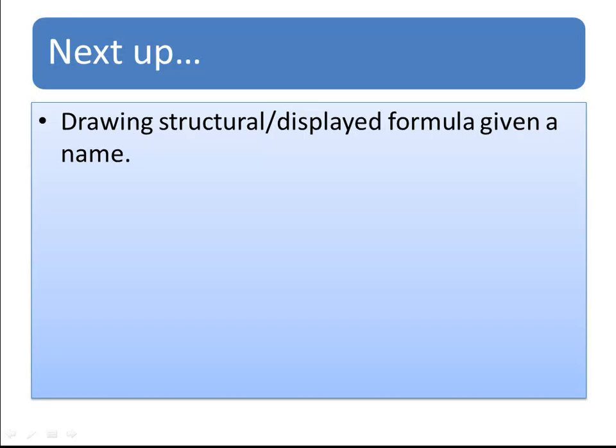Right, welcome back. Now we're going to look at how to draw a structure or displayed formula if you are given a name of an organic compound. You find that with organic compounds, if I give you this molecular formula, for example, C6H12, I know this is hexane, but this hexane can be written in several ways, or these carbon atoms and hydrogen atoms might be configured in a completely different way to what we've been looking at in terms of a straight chain hexane